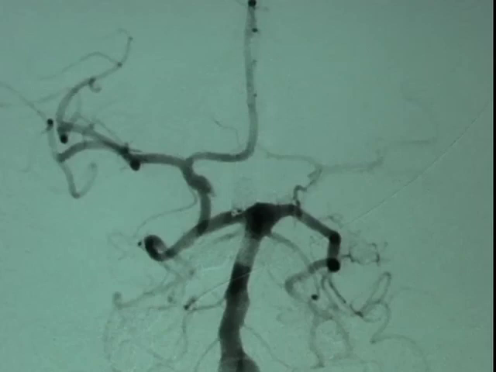Final run shows complete treatment with all other vessels filling normally. One does note that at the base of this aneurysm, some coil is extending into the right posterior cerebral artery. This coil was present from the previous procedure. It most likely sits against one of the walls of the vessel between the currently placed neck remodeling device or stent and the vessel. It is not hanging into the lumen of the vessel and should not pose any risk